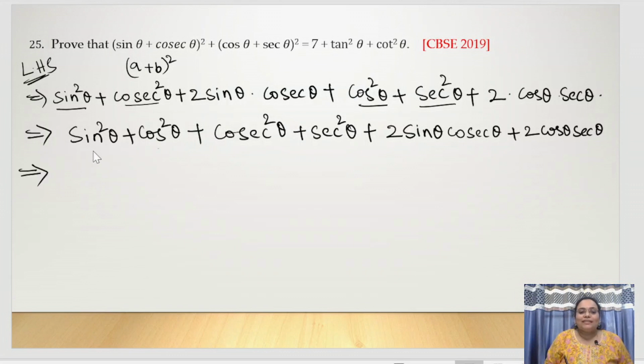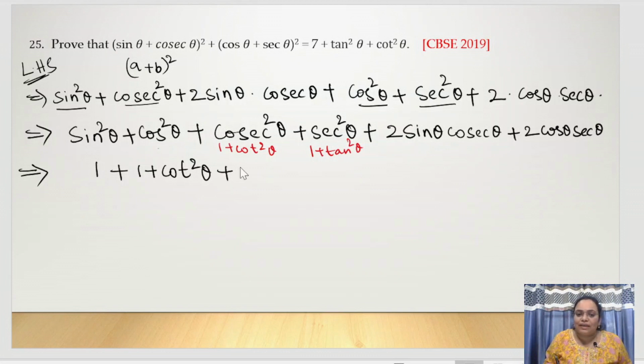We know that sin square theta plus cos square theta is 1. Plus, see, cosecant square theta is 1 plus cot square theta. And secant square theta is 1 plus tan square theta. Plus secant square theta can be written as 1 plus tan square theta